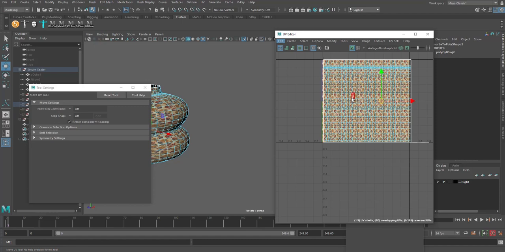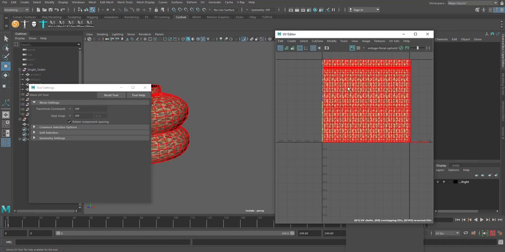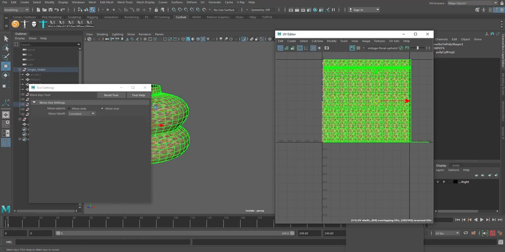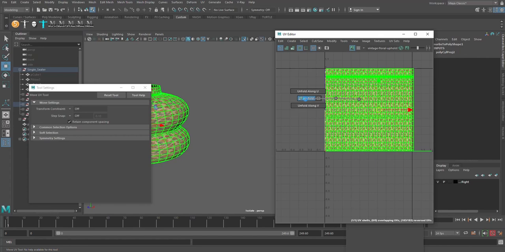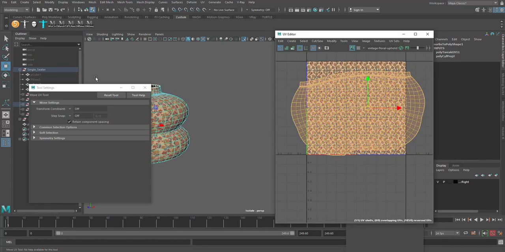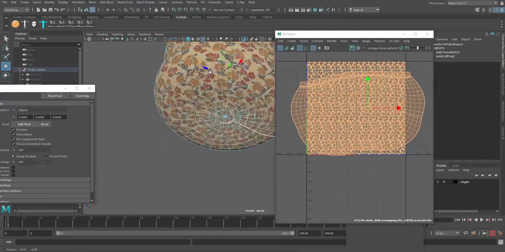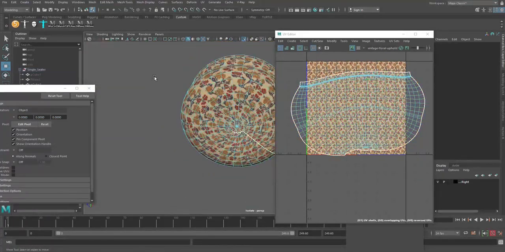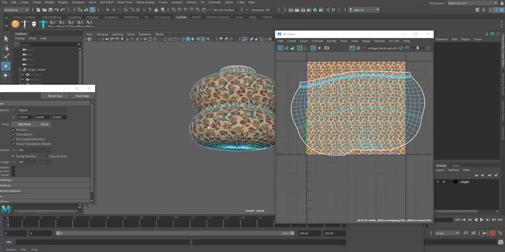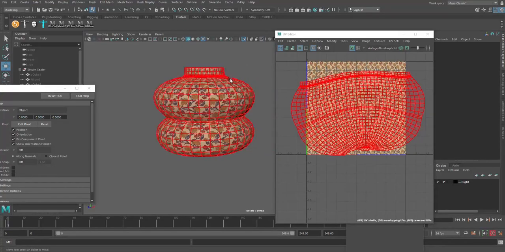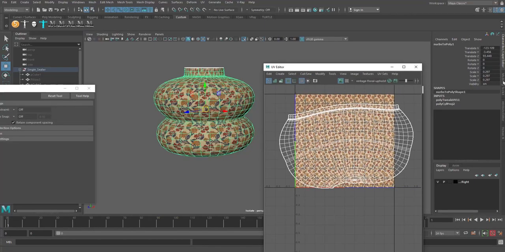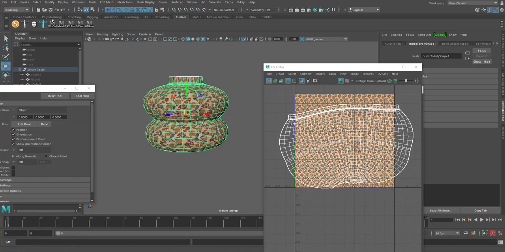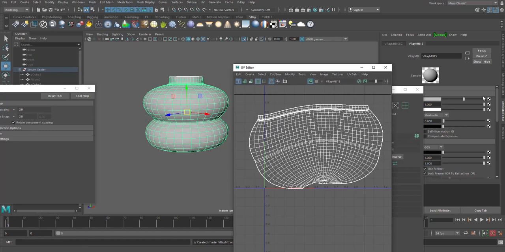Now a common pitfall is if we just click on the shell and go to unfold. A common mistake here is to unwrap or unfold this. We hit unfold and we have this. From the look of things it will look normal because of the kind of map we have on it right now. It will look good, like wow, this is the way to go. But imagine we are changing this map to something else. Let's say we want to apply a different kind of map to this. Let's go to the attribute editor. I want to blow away some historical stuff there and give these guys a material. If I change this to